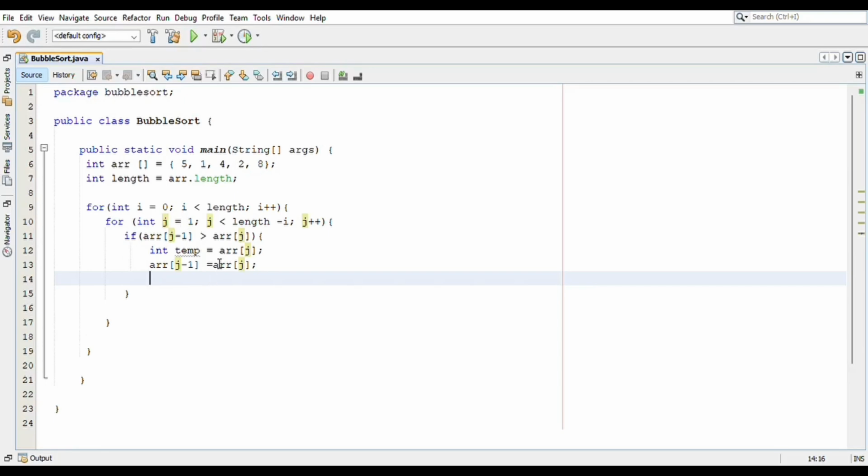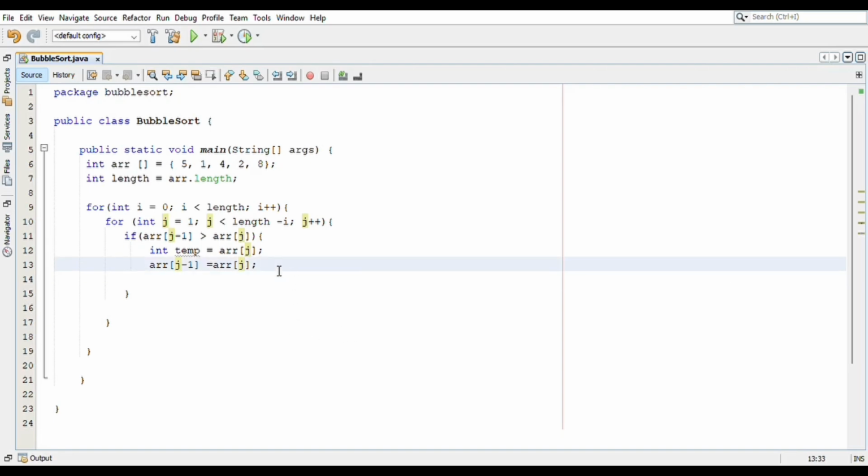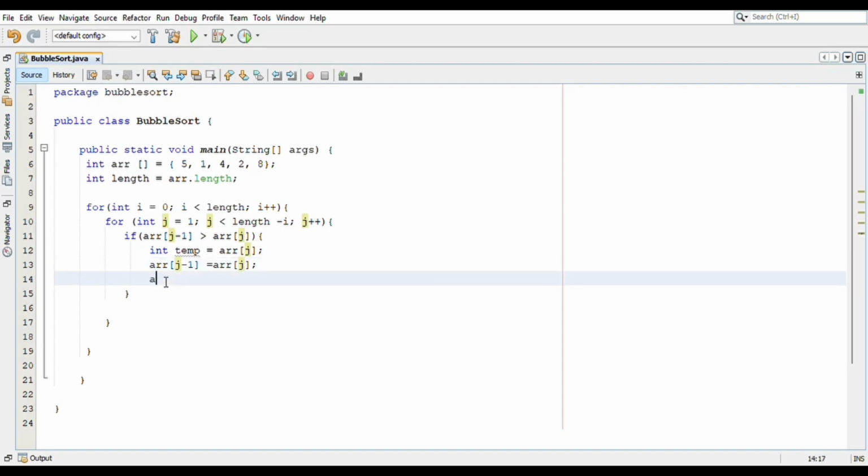So we have array j is equal to array of j minus 1, and then the temporary variable, which is having the element 1, we need to assign it to the array of j minus 1 over here. So we will do array of j minus 1 is equal to temp.